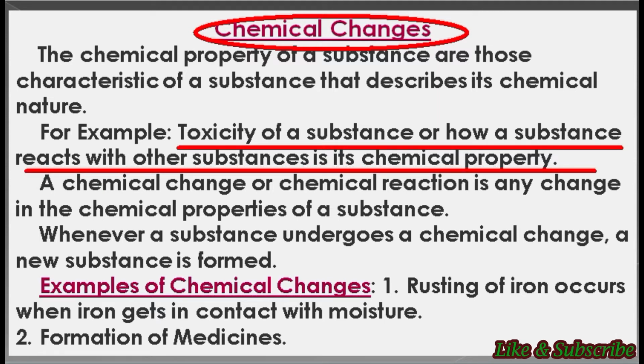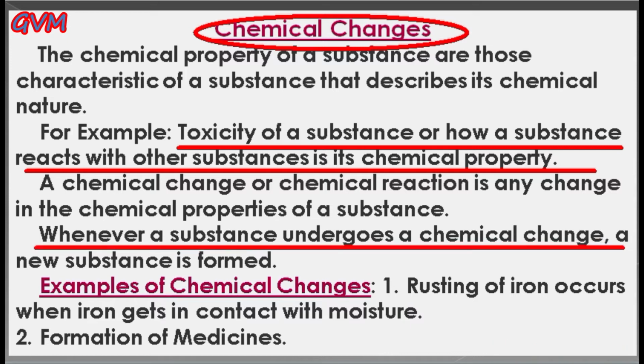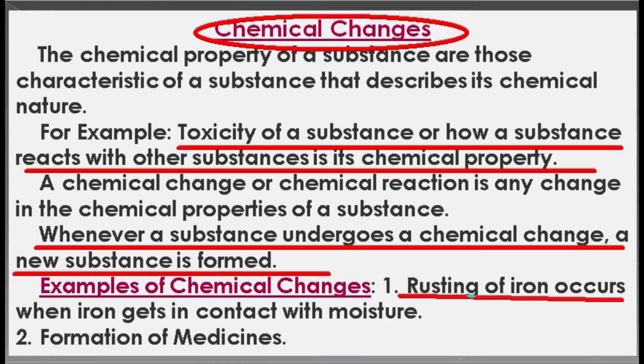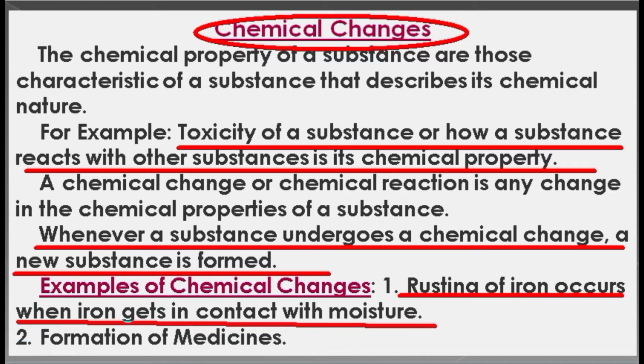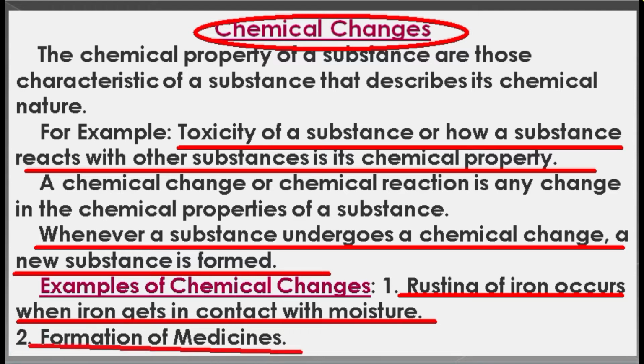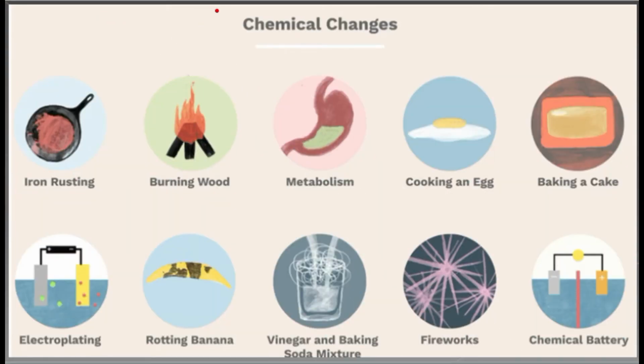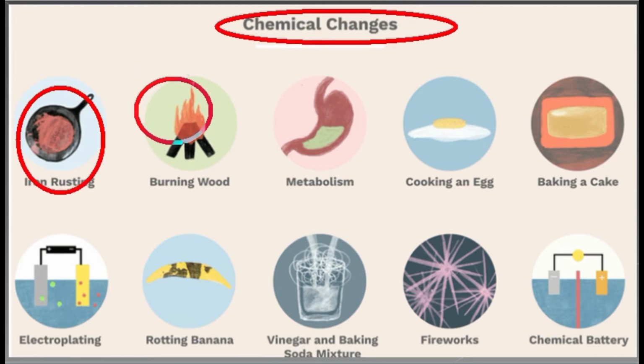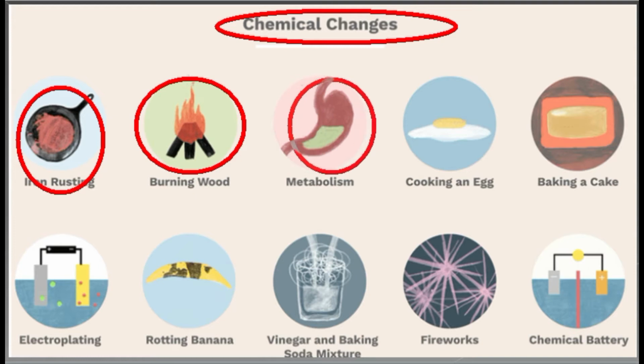And the most important thing about chemical change is that whenever a substance undergoes this kind of change, meaning chemical change, then always a new substance is formed. For example, rusting of iron occurs when iron gets in contact with moisture. Secondly, formation of medicines. Now, some more examples of chemical changes are iron rusting, burning of wood, metabolism of the human body,